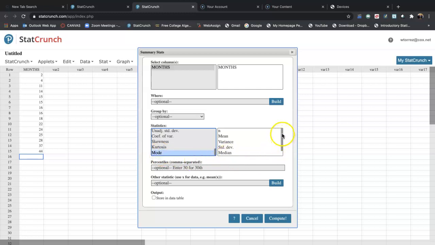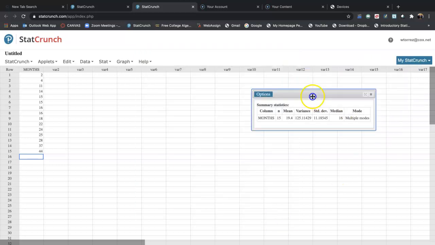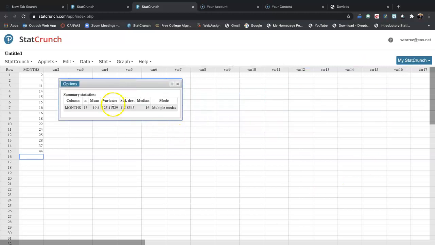All right, so let's go down our list on the right, and these are our chosen statistics that we're going to calculate. Skip down to compute, and this will give us our results. Okay, so now we have our results, and with our results, now we're going to copy and paste into our